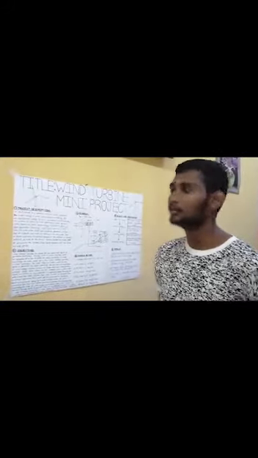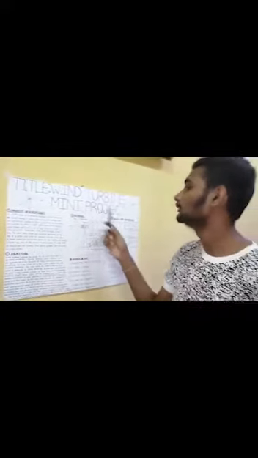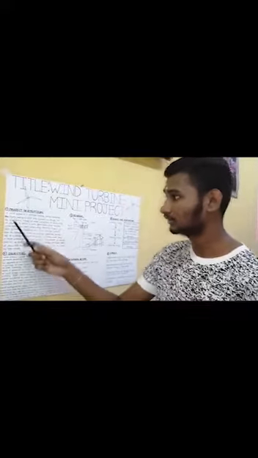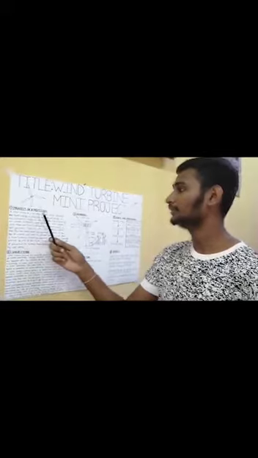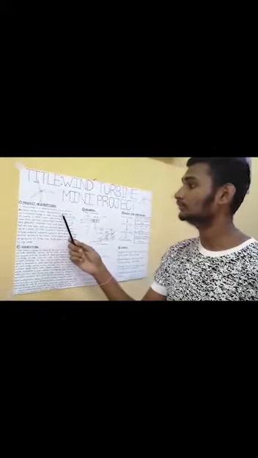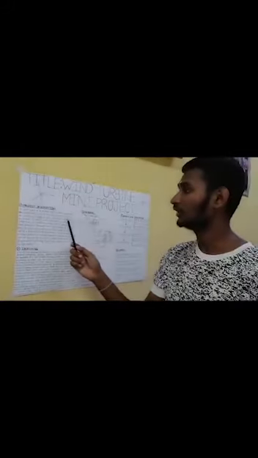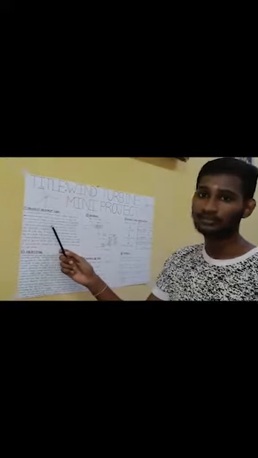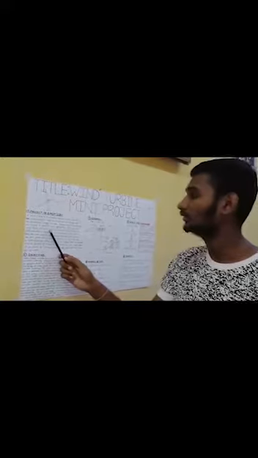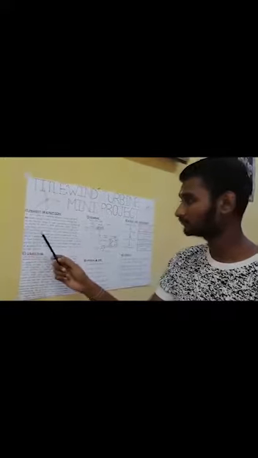Next, I will explain about our group project. This is our title, Wind Turbine Mini Project. First is the group project description. A wind turbine is a rotating machine which converts the kinetic energy in wind into mechanical energy. If the mechanical energy is then converted to electricity, the machine is called a wind generator, wind turbine, wind power unit WPU, wind energy converter WEC or aero generator.